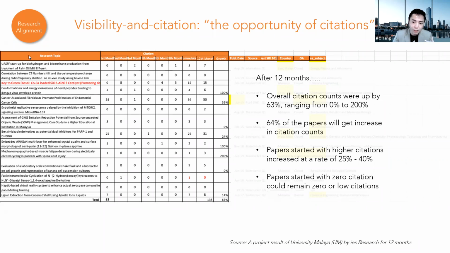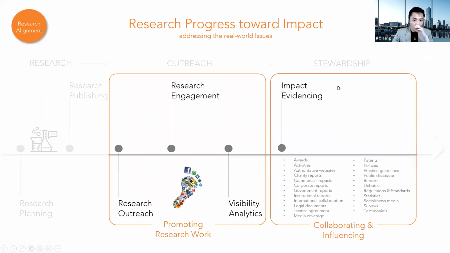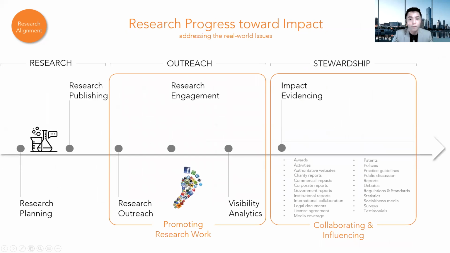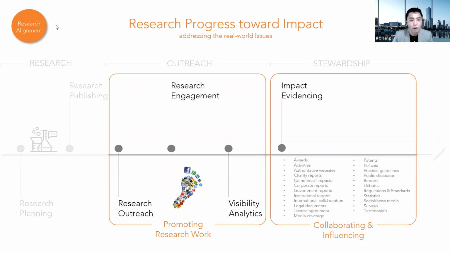And what I would like to leave behind here is not to focus only on citation. So the whole process, like you see, when we started off by doing research planning, research outreach promotion is actually the middle part of it. So even when you want to lead it to impact itself, there are a lot more implications above citation as well. Let's say your paper might not get citation because, like I said, it depends on the nature of the topic or how niche it is.